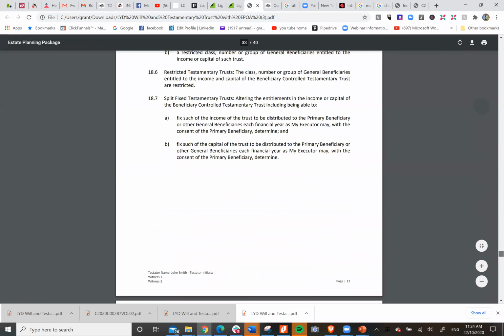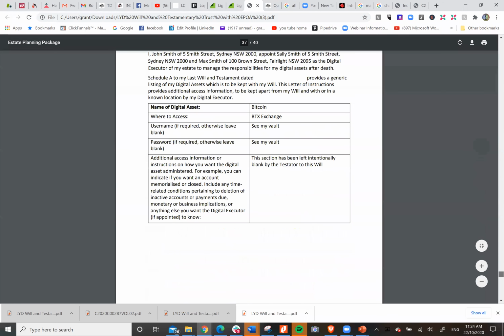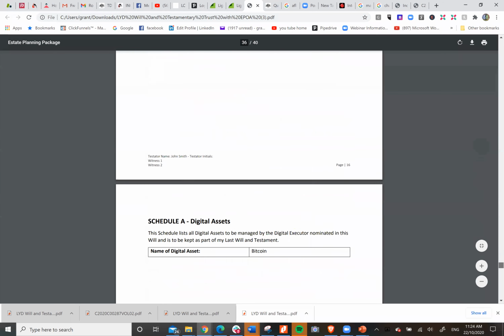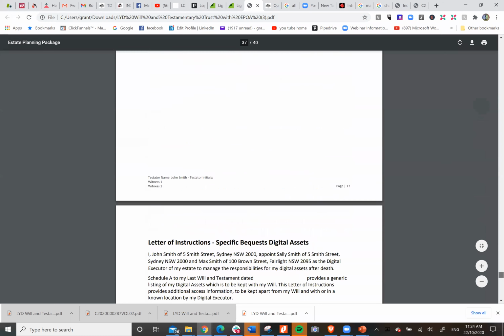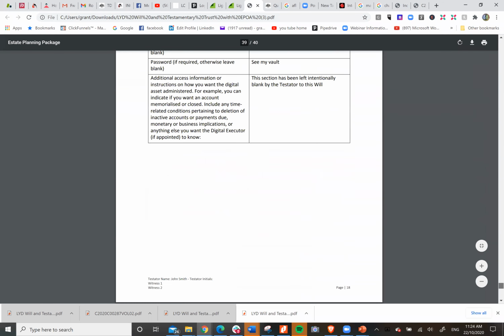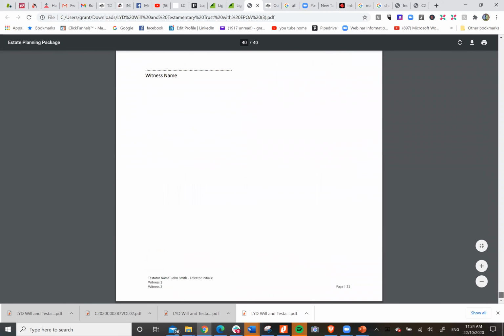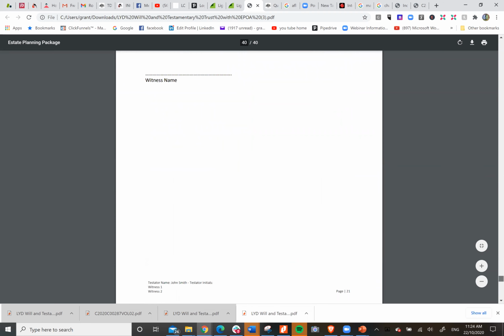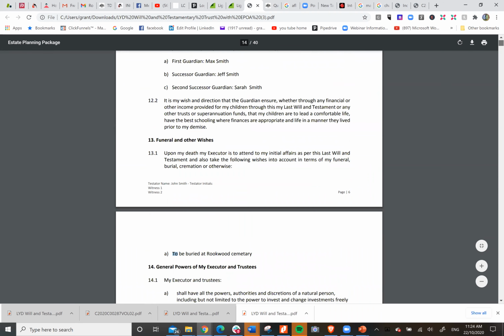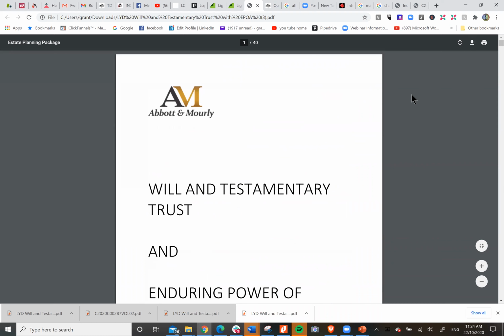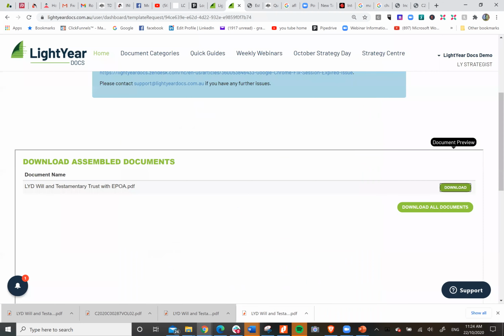But again, you can see there, executed by the testator. We've got a separate schedule there for your digital assets, Bitcoin, who looks after it, etc., and then signed by the executor. So that's our will with testamentary trust. As you can see, to actually draft that, which would be the provision of legal advice, would take a long time. But what we've done is we've made it as simple as possible, because what I'd have to do now